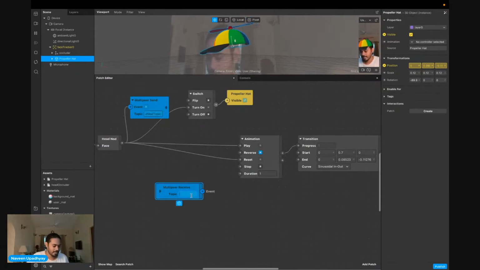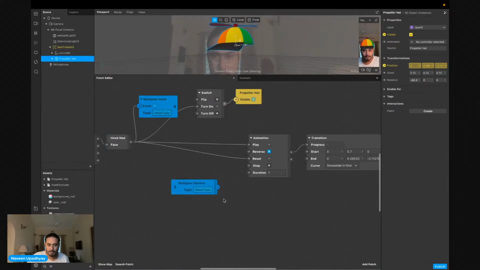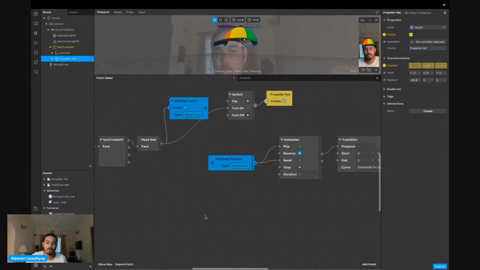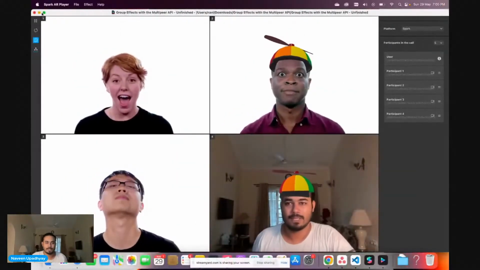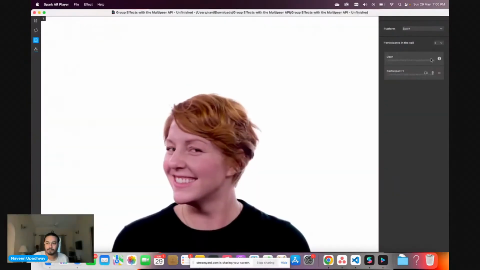So we will receive the messages sent by this one in here, and we'll just give it to this and also reset it if it does it again. Now the user who is doing the nod will not get the cap, but everybody else would get the cap because we're not passing the self yet. Closing it, opening it.